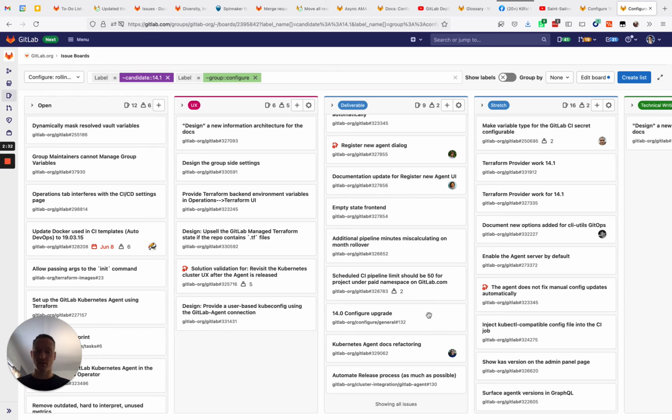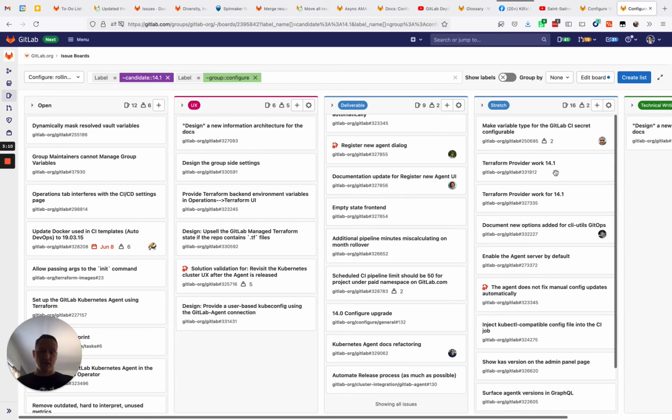Outside of that, we have an upgrade to be done around various Configure managed services, like in Auto DevOps and related areas, that we want to do finally. And we will work a lot on Kubernetes documentation and the infrastructure documentation, because it's a bit of a mess today. We want to streamline that, and we are automating our release processes around various aspects of GitLab, like automating GitLab releases and Kubernetes agent releases with QA tests, for example.